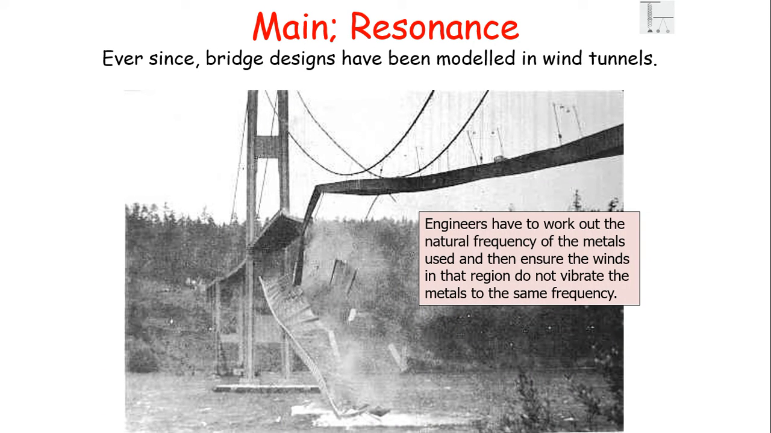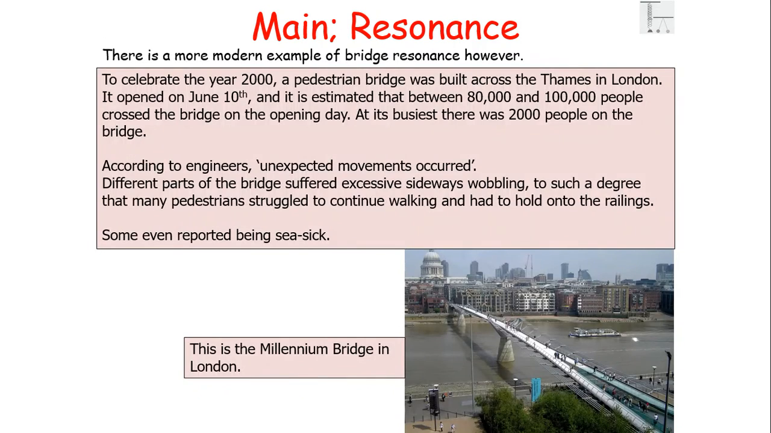So you can see here, ever since that point, bridges have been modelled in wind tunnels, so engineers have to work out the natural frequency of the metals used and ensure the winds in that region don't vibrate the metals to that same frequency. Now there's a more modern example of bridge resonance in addition to the Tacoma Narrows Bridge,